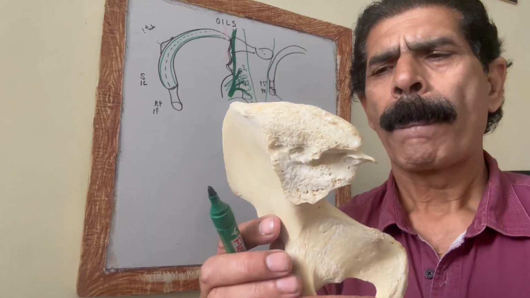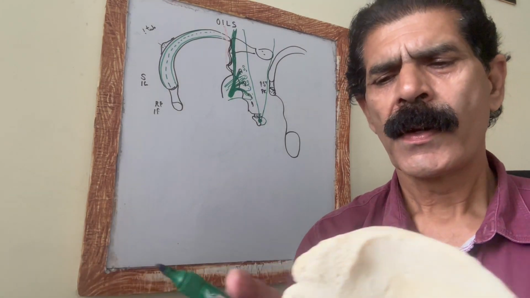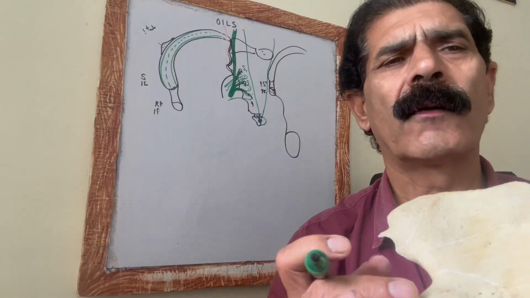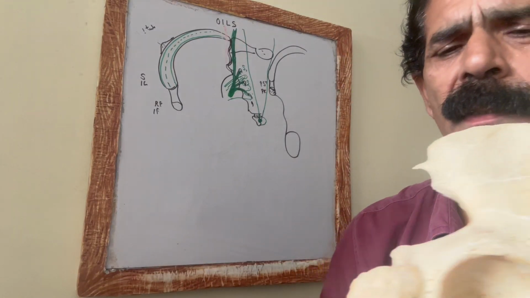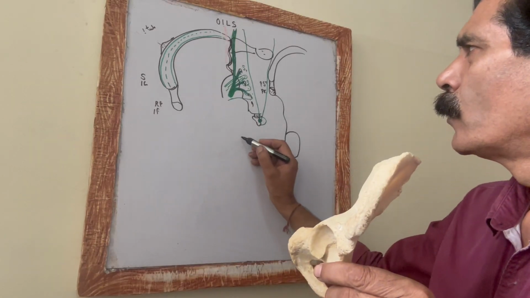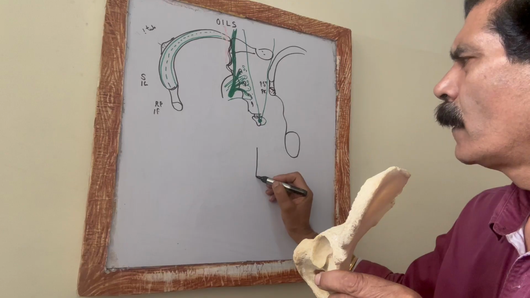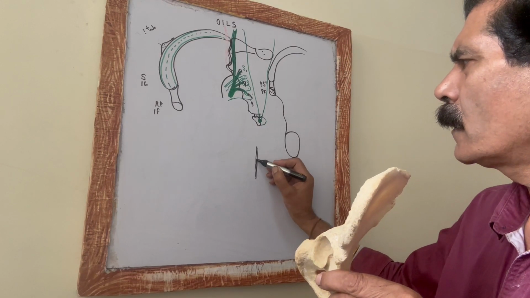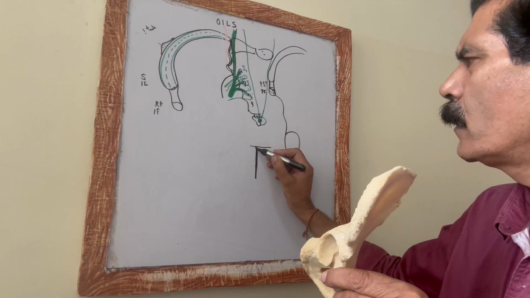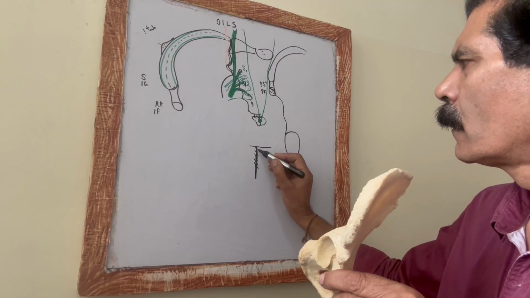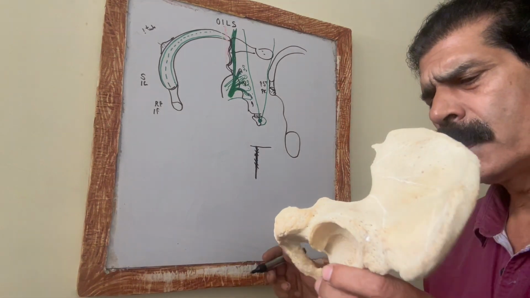So this is the part of the bone that is called the ilium bone. Now the second large part of the hip bone is the pubis. The pubis lies in the center of the body, and the right and the left hip bones meet in the midline, and where they meet is called the pubic symphysis.